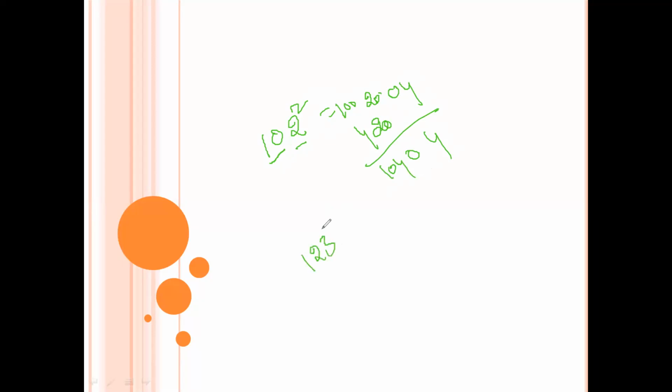123 square. Now in this 123 square, here we see 3 square. 12 is one part, 3 is another part. 3 square is 9. Write 09. 12 square is 144. 12 into 3 is 36. This 36 you write one more time. 9, 36 plus 36 is 72. 7 you write as carry here. 144 plus 7 is 151.